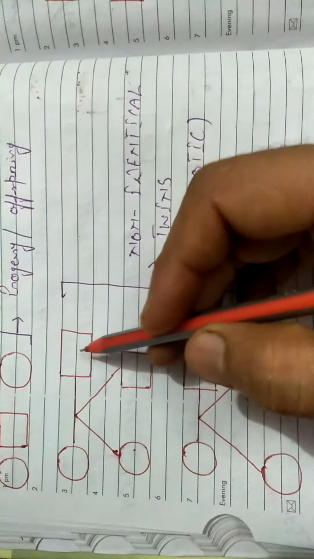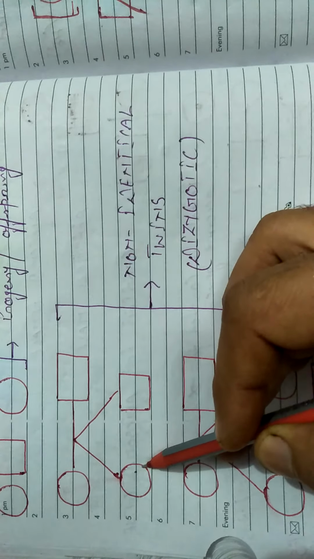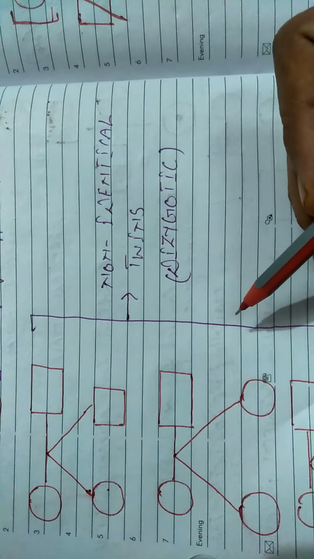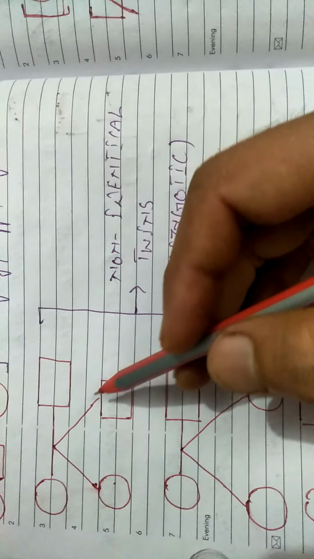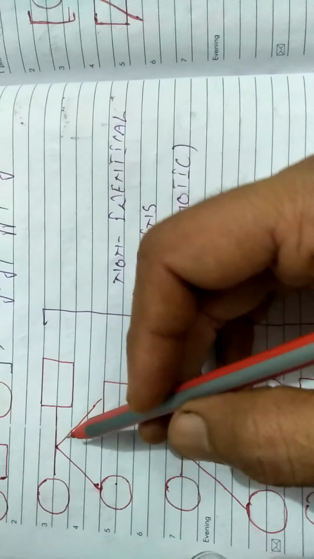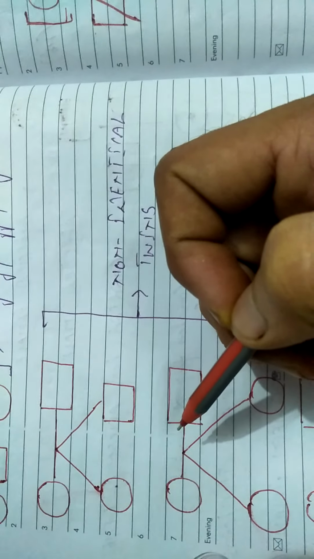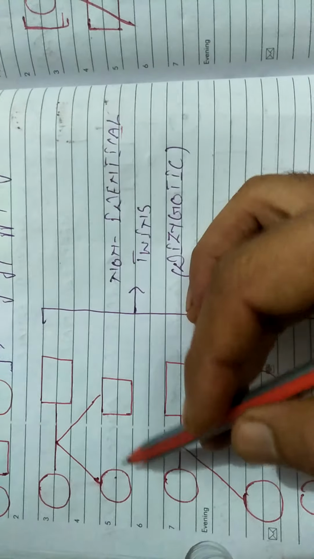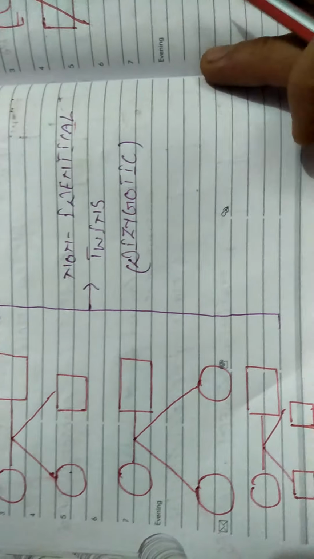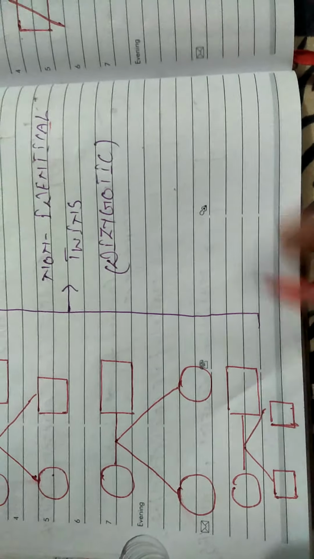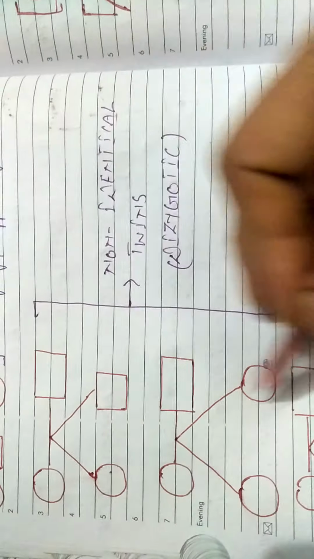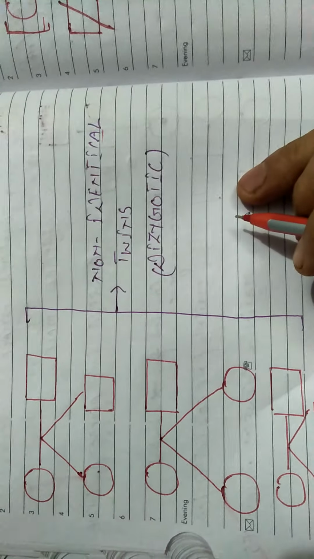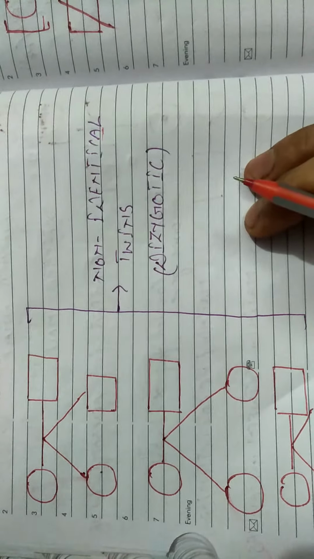If male and female reproduce one male and one female by two different zygotes, they are known as non-identical twins or dizygotic. They can be male and female both, they can be both female, or both male maybe. So these all terms are related to the non-identical twins or dizygotic offspring.